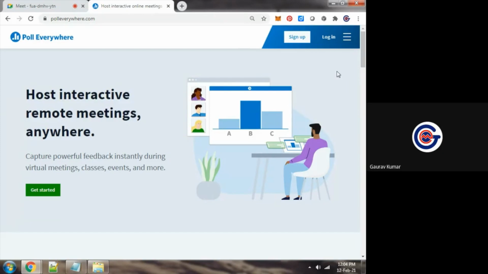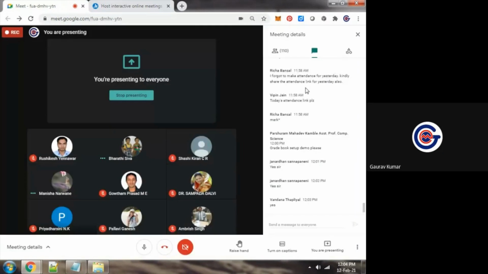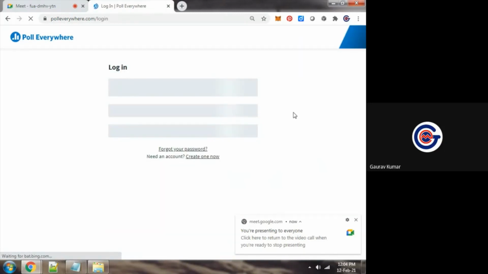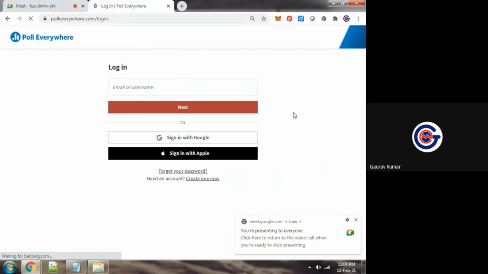So now we will see how to work with this cloud application, Poll Everywhere. Click on login, and you will see that even without creating an account on this platform, we can work with it, by signing in with Google or with an Apple account. It's up to your wish whether to create an account or not. Otherwise, you will have to remember the username and password.